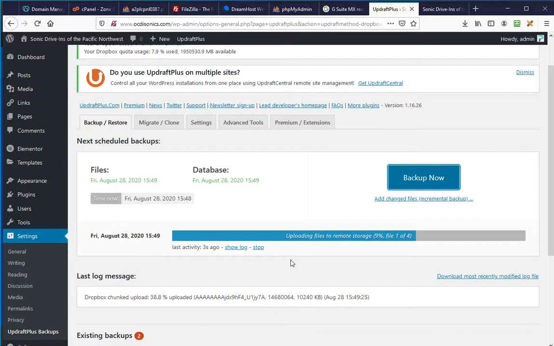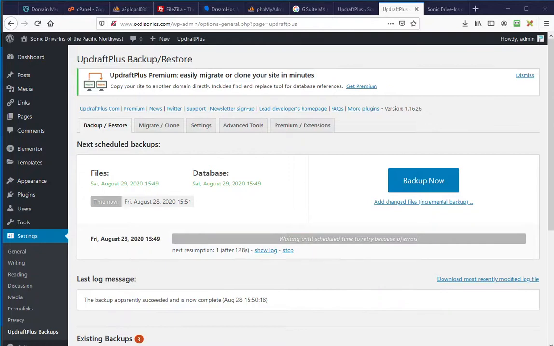So what this is doing, it's compressing your files and then uploading them to Dropbox, so it can take a little bit of time. So yes, I'm going to pause the video just so that you don't have to watch a blue bar go across the screen. Okay, so when it's done,